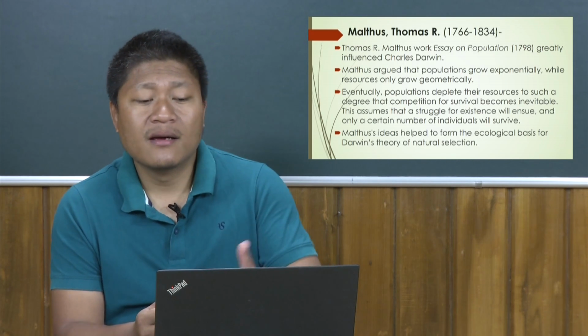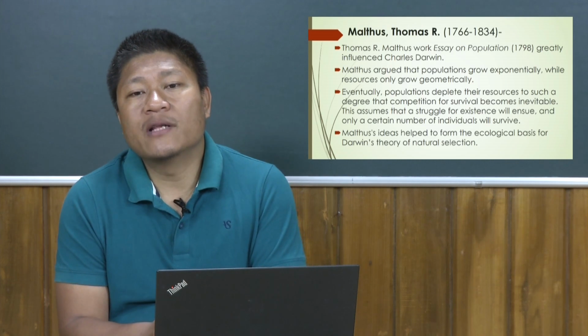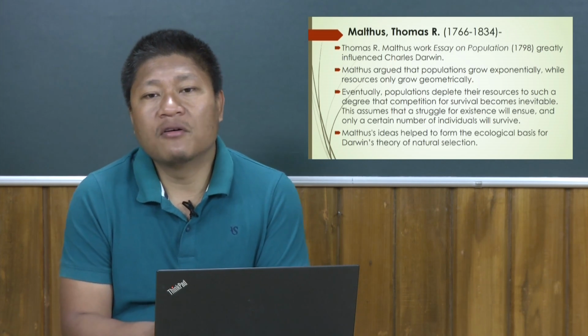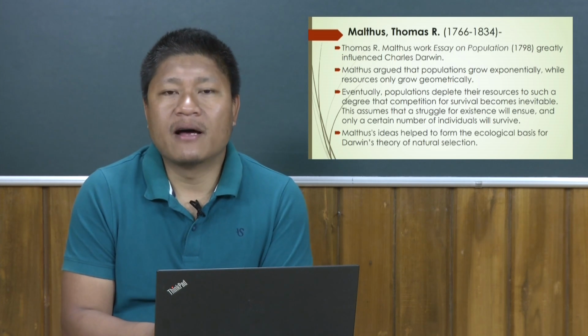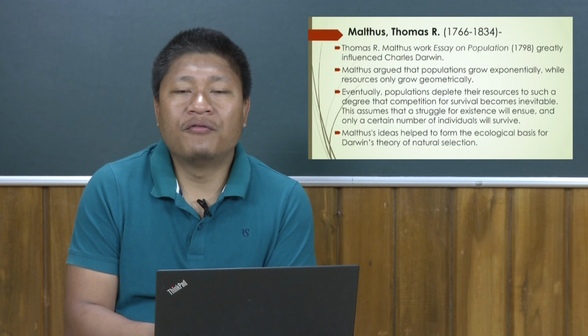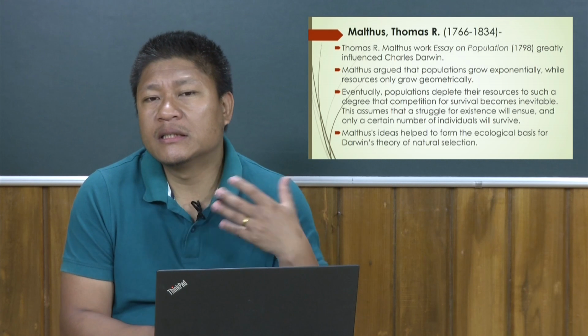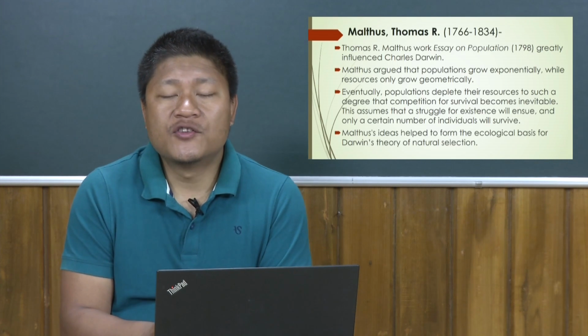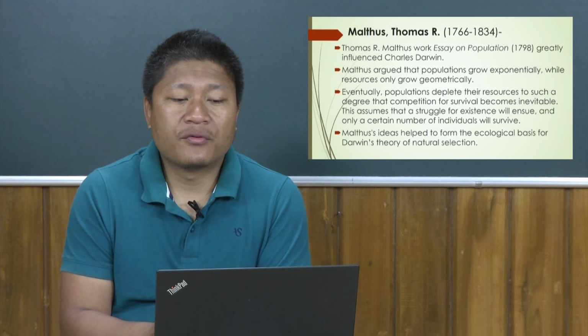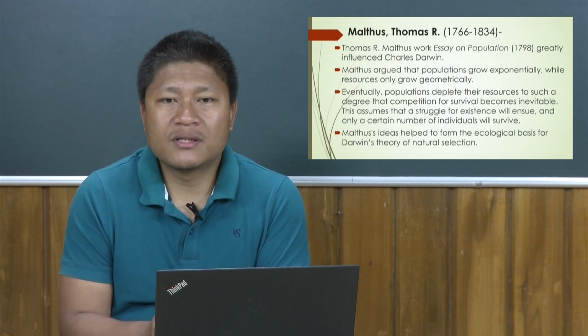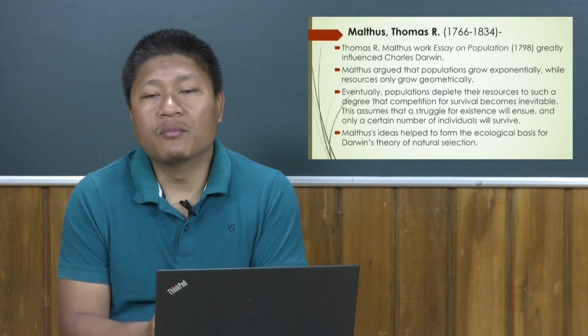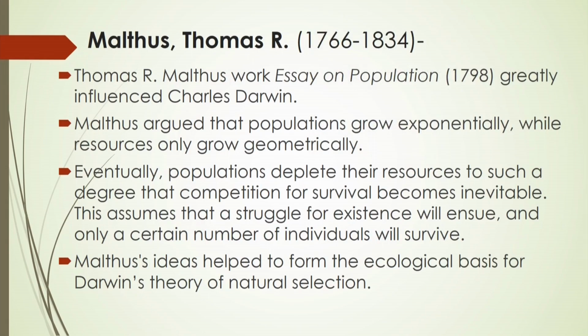This theory assumes that a struggle for existence will ensure that only a certain number of individuals will survive. Now, this idea of survival is posited differently by Charles Darwin, borrowing from Malthus' theory on the issue of population. That is, Charles Darwin strongly talked about survival of the fittest, and in his idea of survival of the fittest,